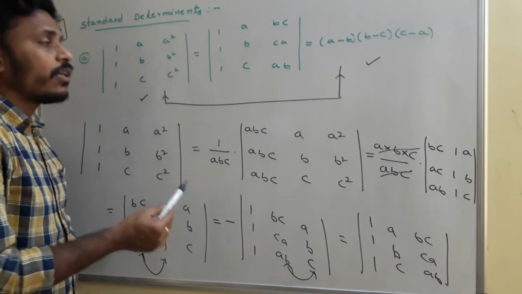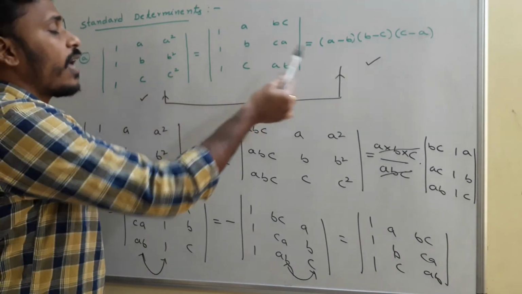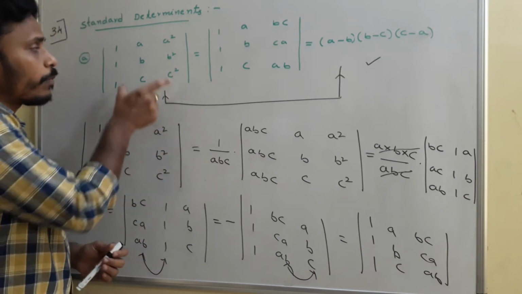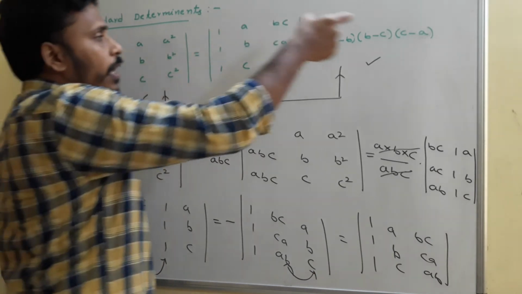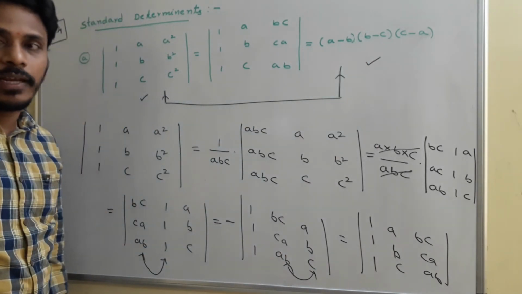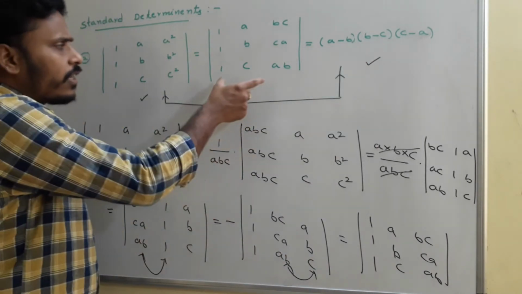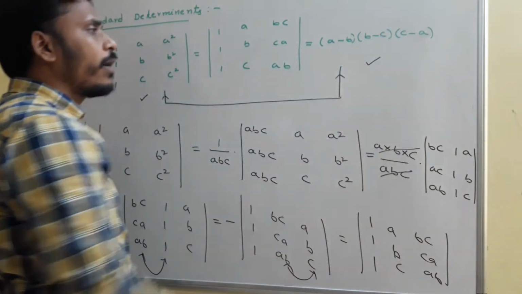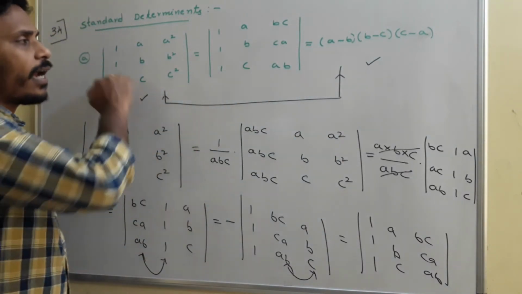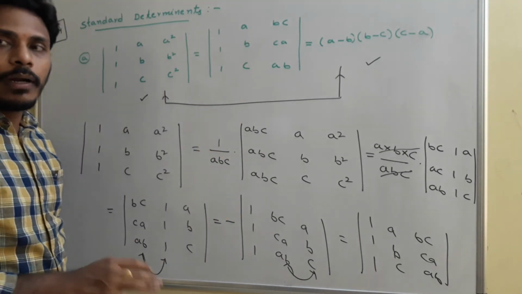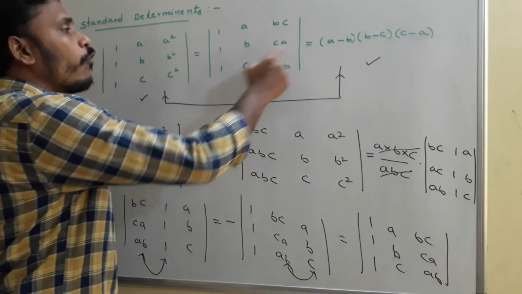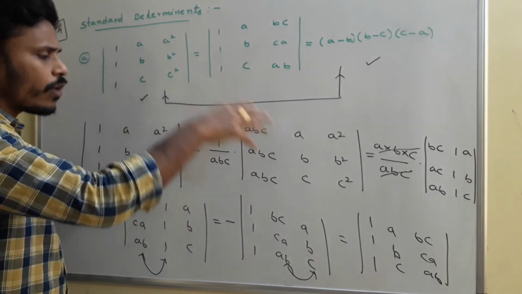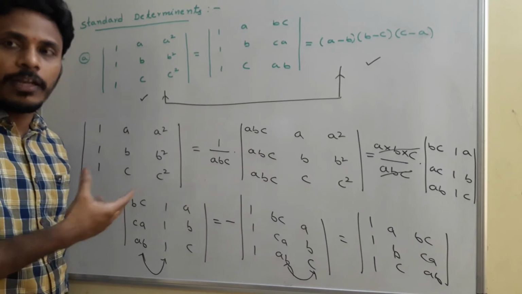So to show these three as equal, we have different procedures. First of all, we proved that this determinant value is A minus B into B minus C into C minus A. And then there is a chance to prove this determinant value again equals A minus B into B minus C into C minus A, and at the end the problem is proved. But what I tried is, instead of proving these two as equal, I tried to prove these two as equal, because this way of proving also helps you in solving many problems.